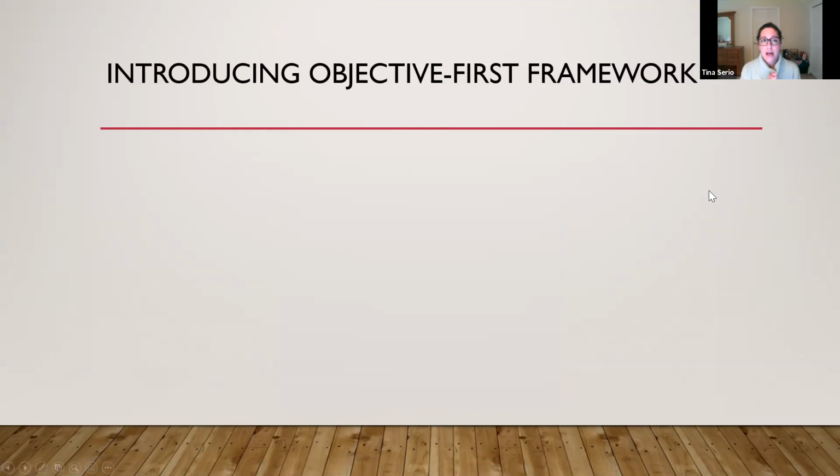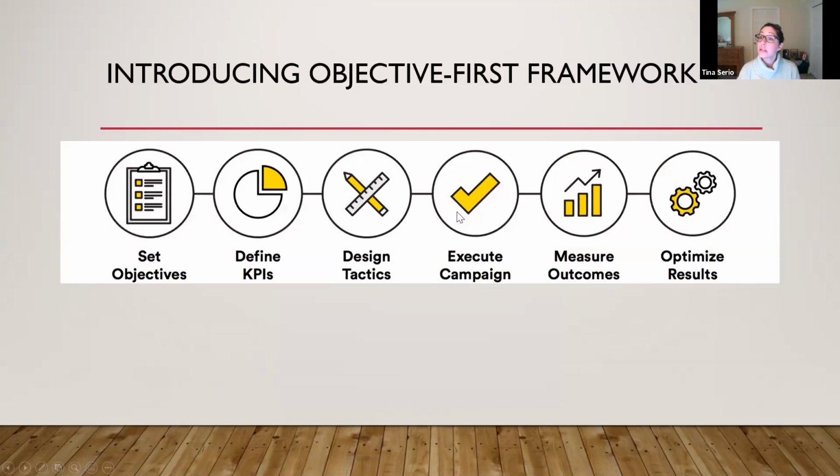We're gonna center ourselves today as we're building our campaign around what General Assembly calls the objective first framework. So what is that? Well, let's start with objectives. So when you're building out a Facebook campaign, your first ad campaign, the best practice is to start with what your objective is gonna be, your goal of your campaign. That could be something as simple as sales or revenue or orders. It could be something a little bit more challenging to understand, like brand awareness. So we'll dive into that in a moment.